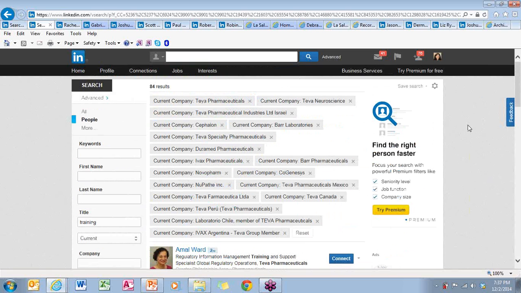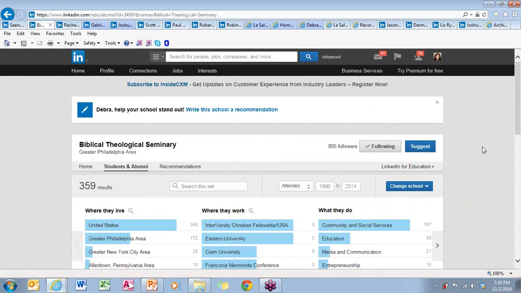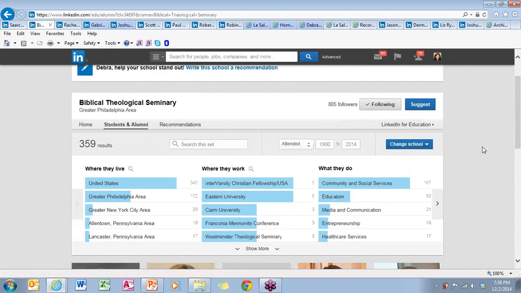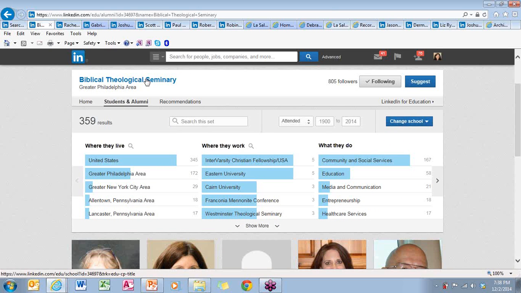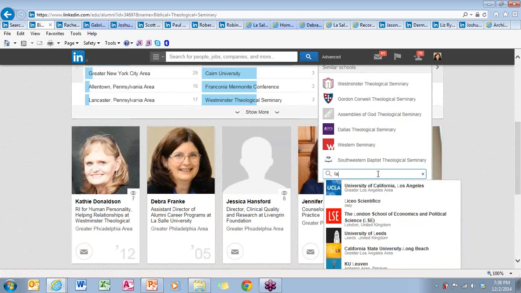Okay, so let's see what we haven't covered yet. One other thing, there's one other way to search for alumni, and that's under connections here. You go to connections and click find alumni. What LinkedIn does here is it already lumps together all the people at a particular school. It's going to pick up your most recent school where you got your most recent degree, but you can change the school to anything you want. So I'm going to change it to LaSalle